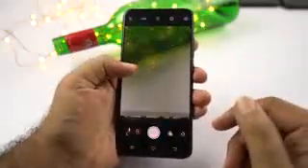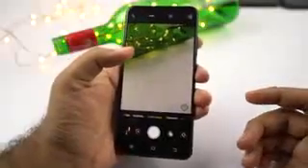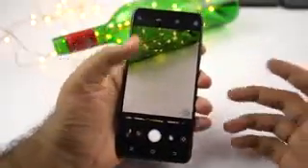Now this is the camera application, and this phone also offers electronic image stabilization. Right now it's not very stable, but with the future